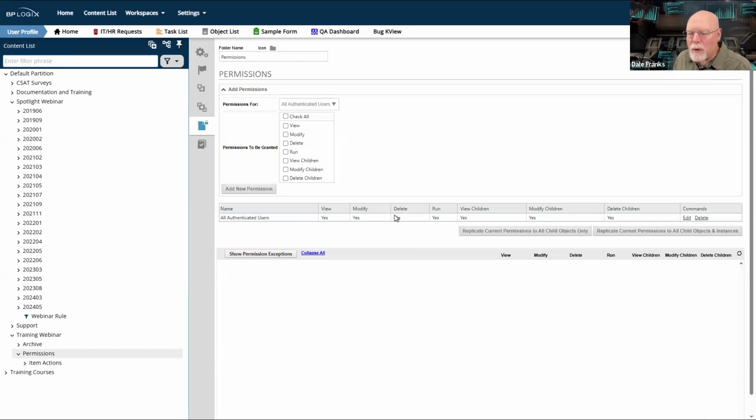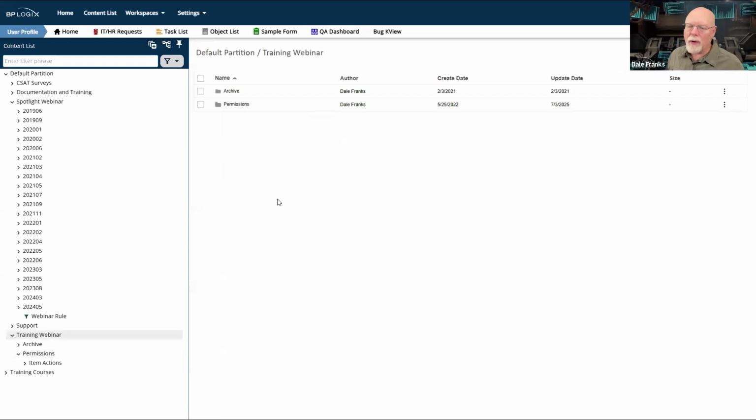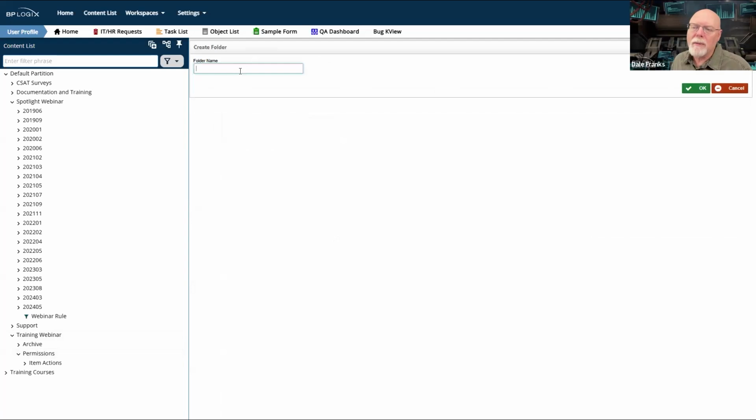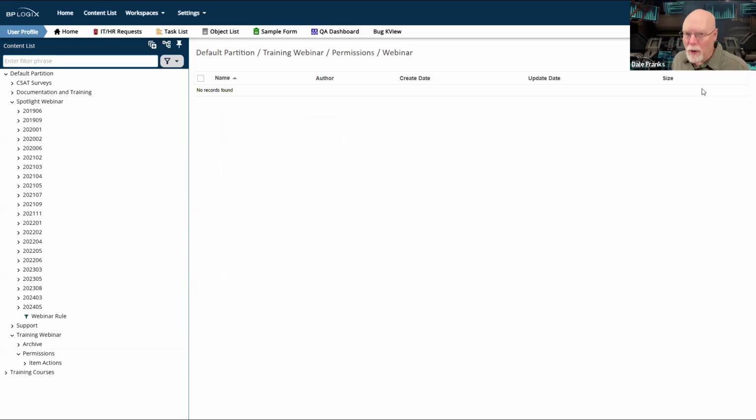But if I have this permission set up like this, and let's go ahead and get out of the folder, or at least go back to our content list. So if I go back into the permissions folder, which we were just looking at as to what its permissions were, and I create a new folder, which we'll call webinar, and I hit OK, this new folder is now going to inherit the permissions of my permissions folder, which, as we've seen, is set pretty much wide open.